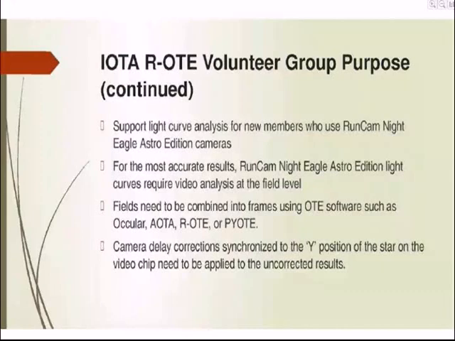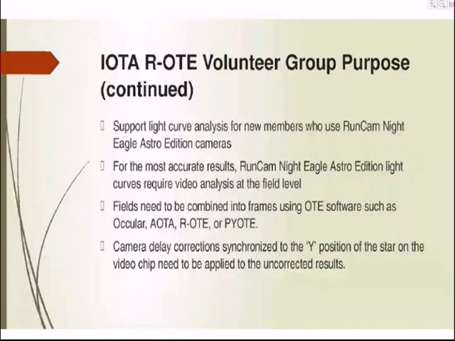That means we don't just have data points for frames, but we have data points for each field. Then those fields need to be recombined into frames using either Ocular, IOTA, R-OTE, or IOTA. And then